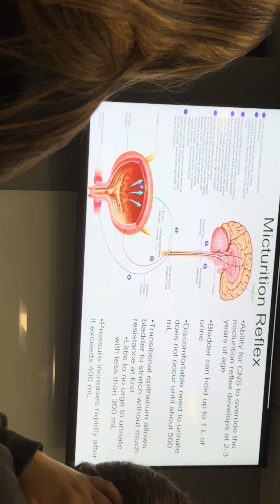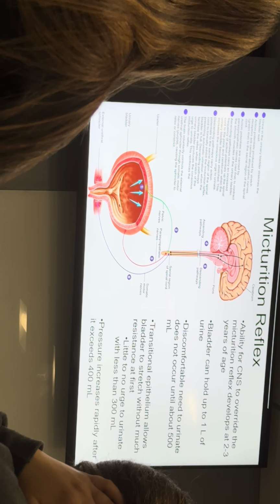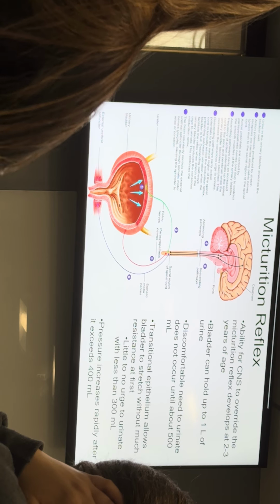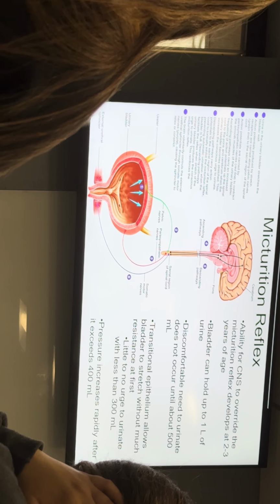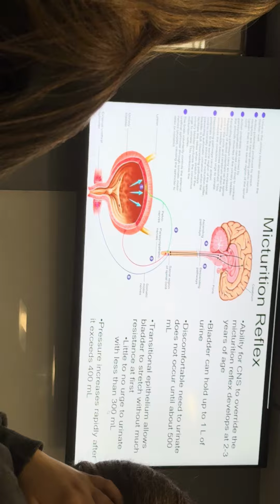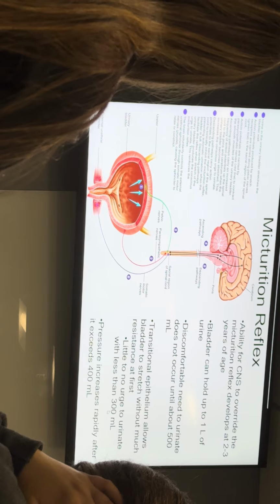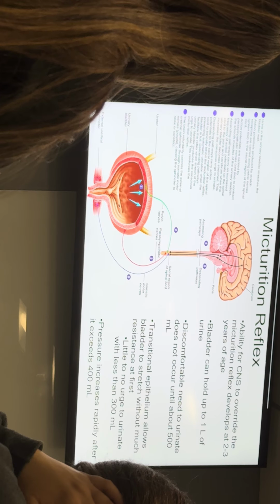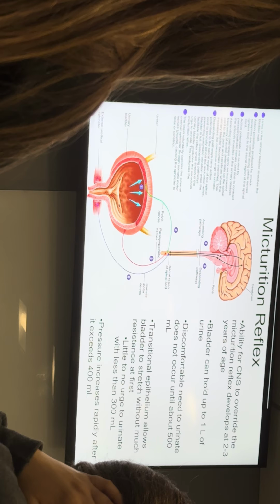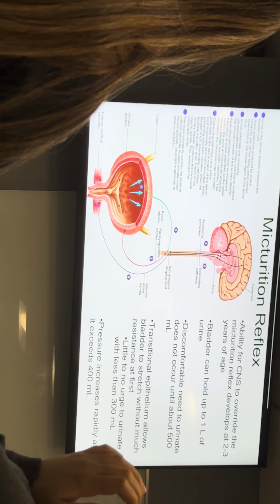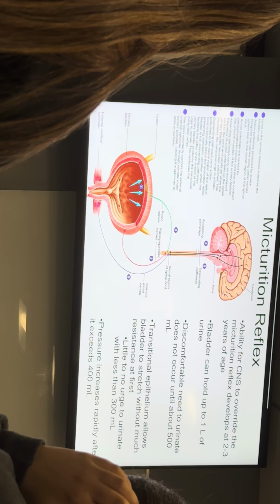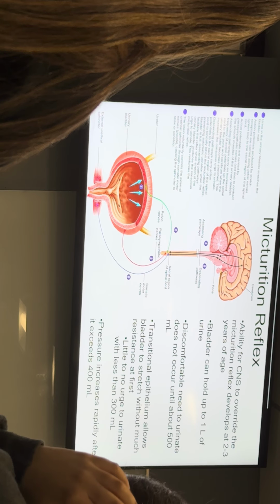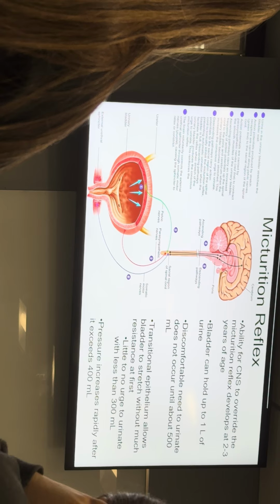Okay, so after you urinate, your bladder's almost completely empty, and then your urine starts to fill up your bladder. You can hold up to 300 milliliters and have almost no urge to pee at all. So, how much is in that bottle there? 500 milliliters? Okay, so 3/5 of that you can hold. So basically what's in there right now, you can hold that much urine without even thinking you need to pee.